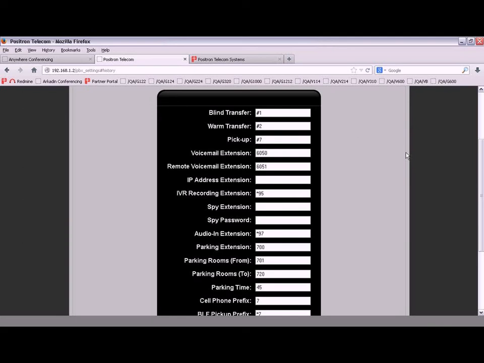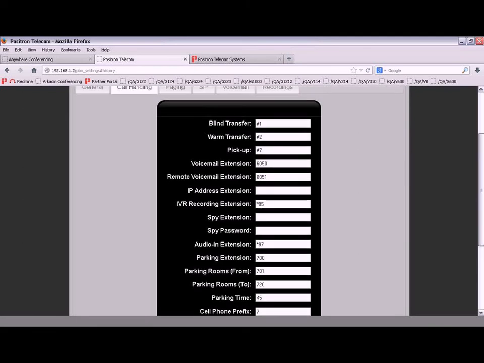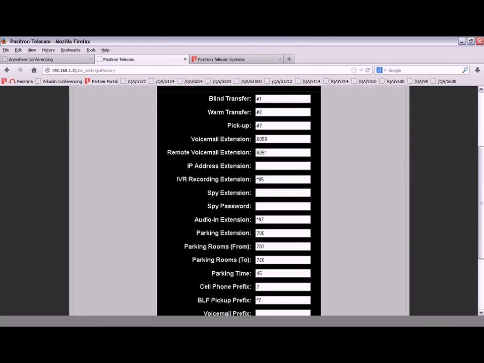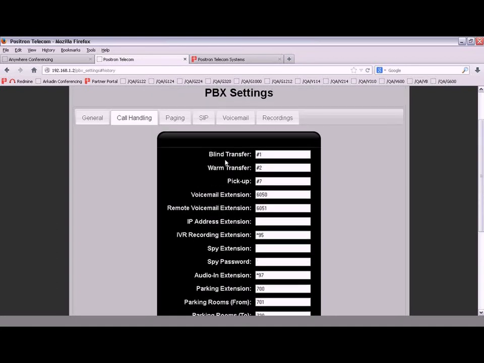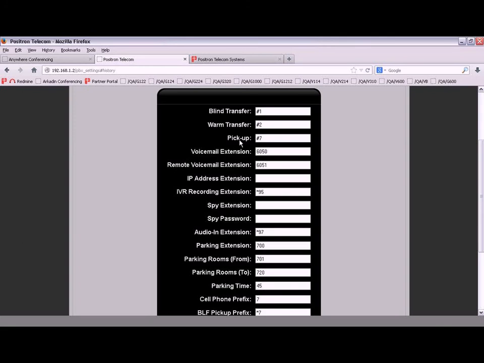I apologize for that. So these are a couple more features that we have available by use through key presses. So you can specify or change the default ones that we have set up here, but like a blind transfer would be a #1, warm transfer #2, a pickup for a call group,